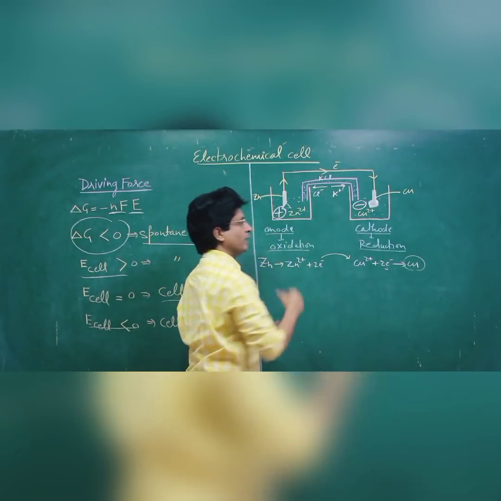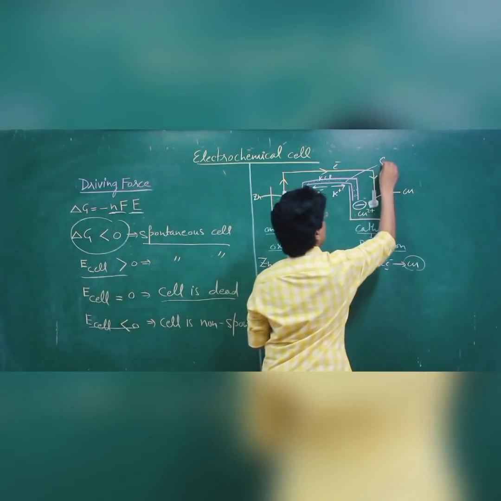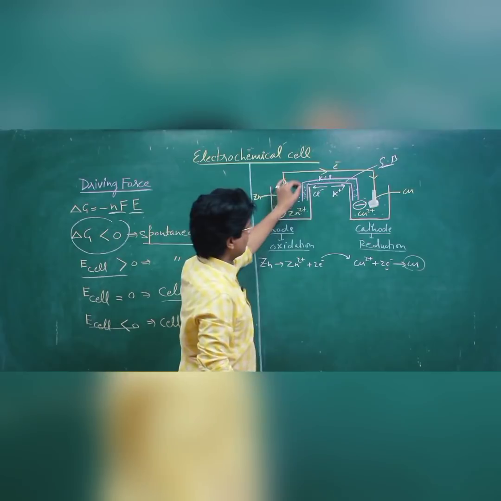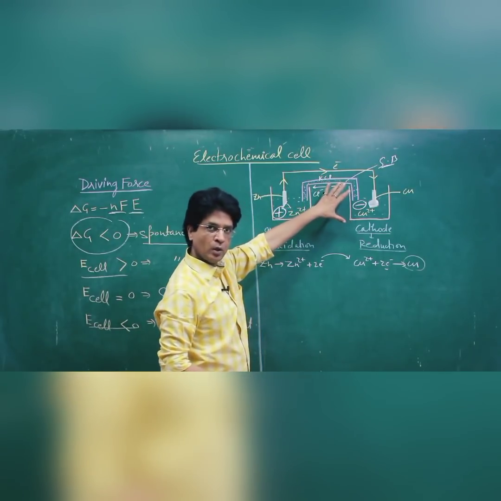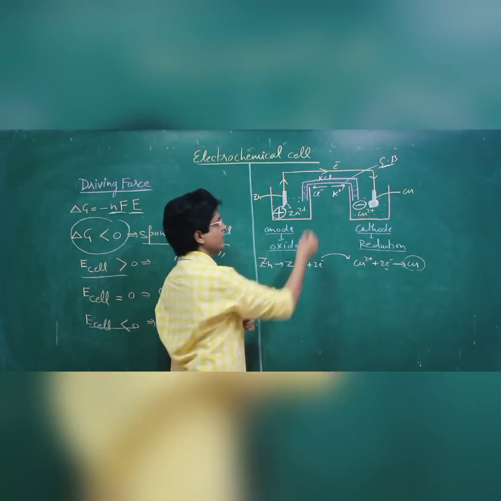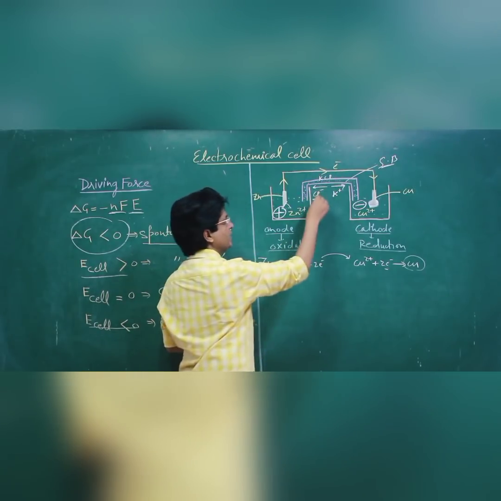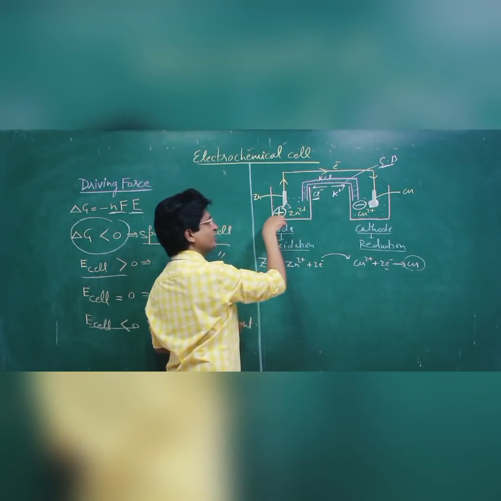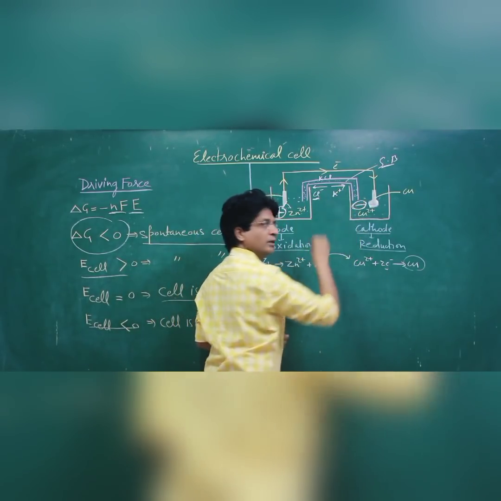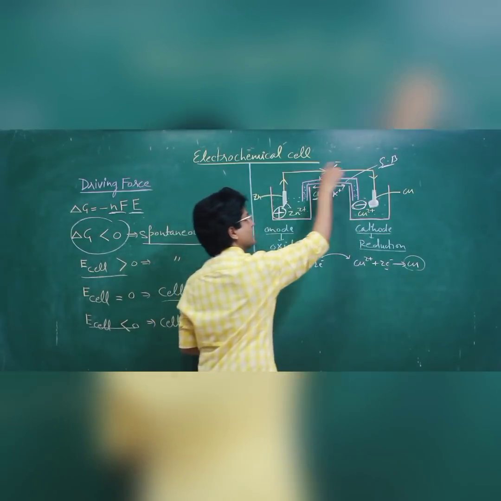Now in order to have a continuous working cell, we need a salt bridge. This is salt bridge. What is salt bridge? A bridge which contains an electrolyte. So what is the purpose of salt bridge? When we have a development of positive charge, say I am having electrolyte called KCl, in it Cl negative will come towards the positive part and will neutralize that. K plus will go there and neutralize the negative charge. So the cells will be neutralized and the current starts again.